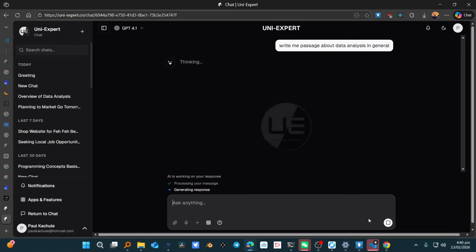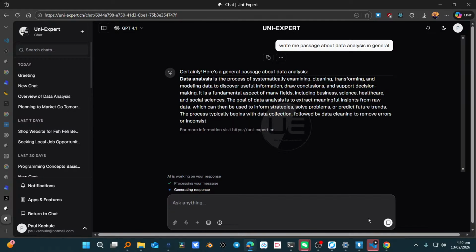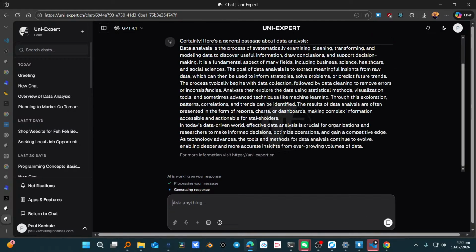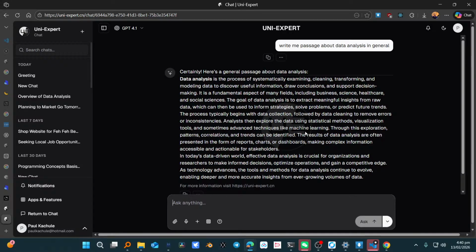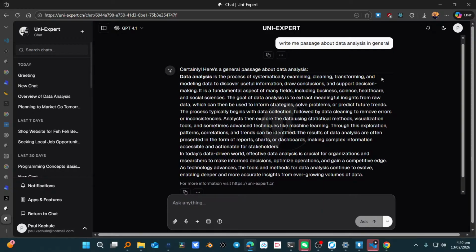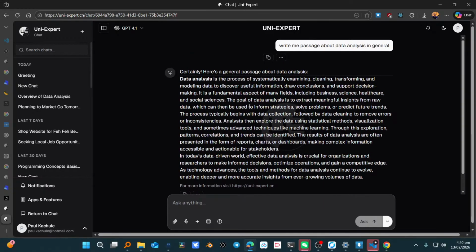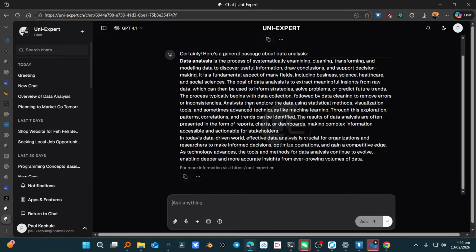So let's say you have proofreading work. Whatever work you have, if you want heavier content, you get a heavier model to do the job. As you can see in this example, this was the nano answering the question, and this was the main model answering the same question. So if you need anything done that involves heavy material, get a bigger model. And definitely if you were to use DeepSeek here, it will probably talk a lot more than this. So that's the point. If you want quick answers and the content doesn't matter, the size, quality and heaviness